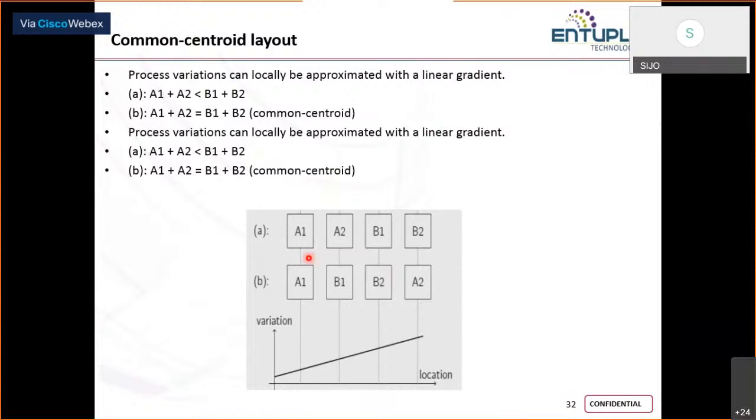First equation on the top. Yeah. So in the first arrangement, you can see A1 plus A2, that is the total process variation to the transistor or MOSFET A, that is A1 plus A2. And now if you look back to the figure, you can see in the first arrangement,